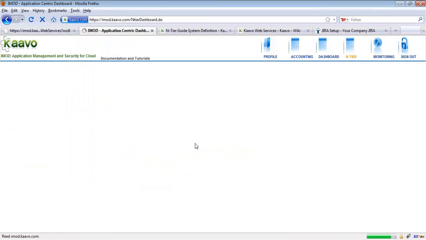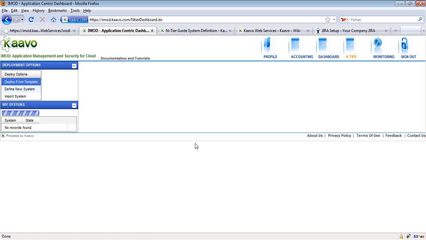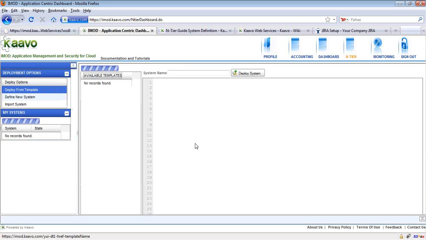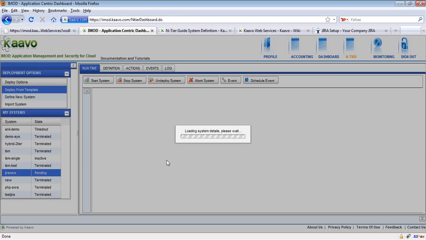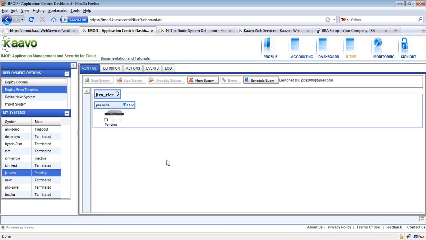So now you're deploying and also going to start the system. So there are two calls that you're doing. One is deploying a new system and then starting the new system. Yeah, and you can see not only the system has been deployed, when you deploy the system for the first time, it is in the inactive state. But now it is in pending state. That means it has been started as well.